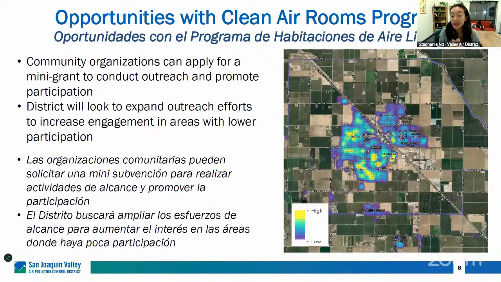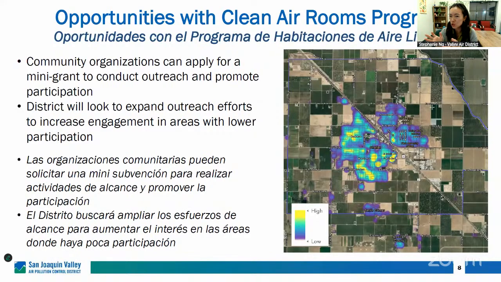I just wanted to pull out an example of a way that we're continuing to work on outreach for these programs. One of these, which is a really popular program in the community, is our Clean Air Rooms program. That's the program to give away free in-home purifiers to residents in the Boundary. I want to let you all know that every day we're working with our outreach team and our grants and incentive team to brainstorm about how we can continue to get this funding out into the community. And this is just one example of that, which is we actually did put together